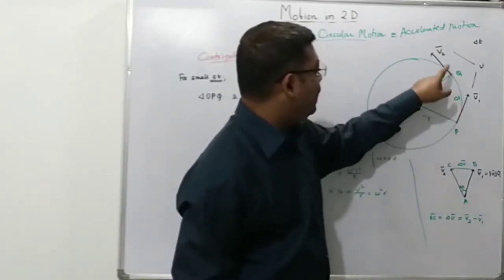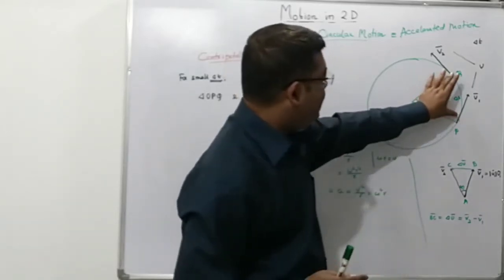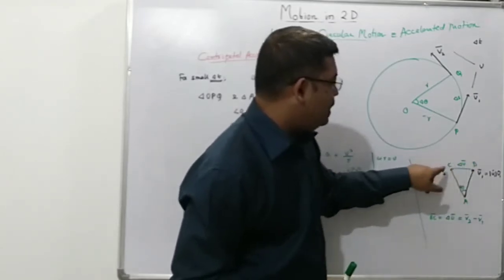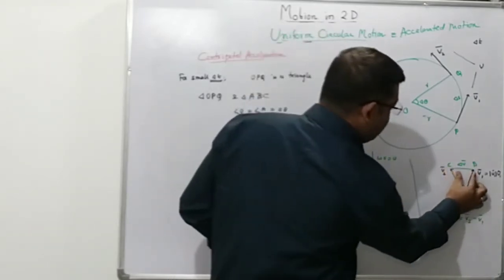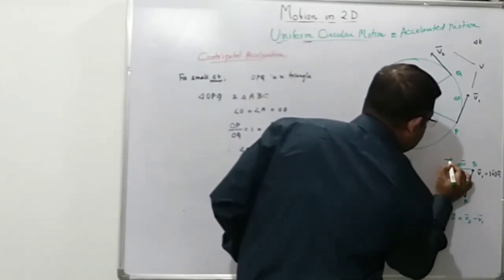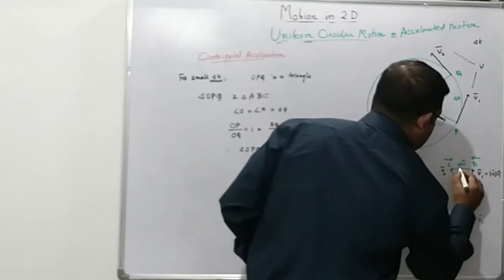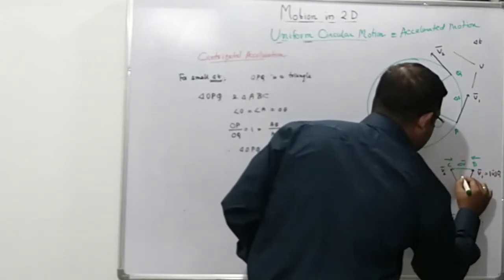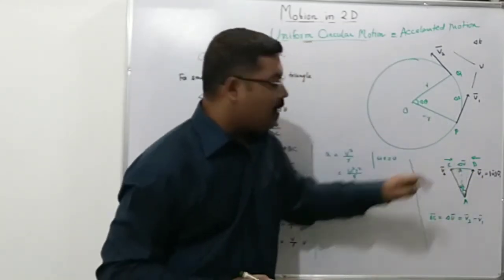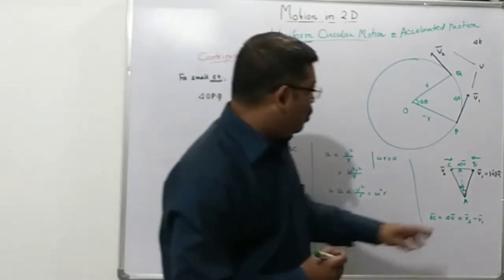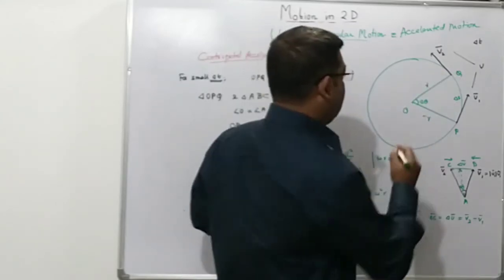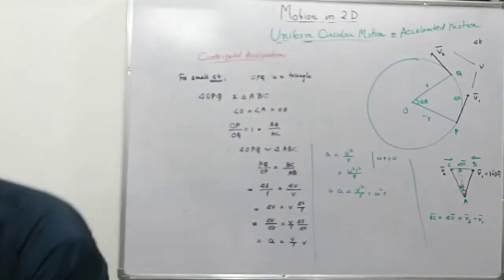OQP and angle OPQ both will tend to 90 degrees. If they tend to 90 degrees, then angle ACB and angle ABC will also both tend to 90 degrees. When these two come closer and closer, when this moves in this direction and B moves in this direction, they will come very close to each other, and at some point it will be as if both the angles are 90 degrees, and in that case delta V will be perpendicular to this line, or here in this diagram when they come